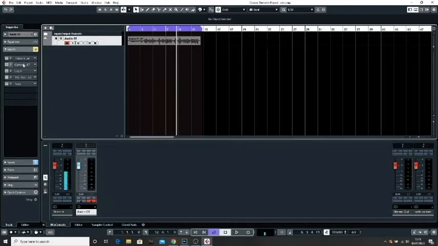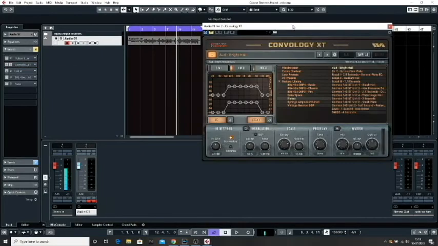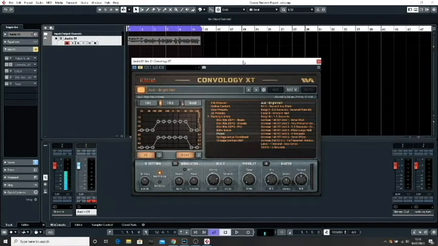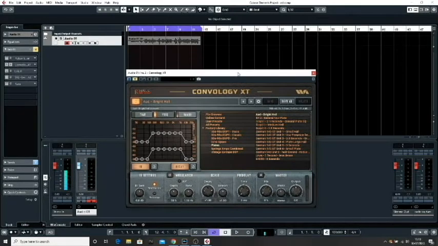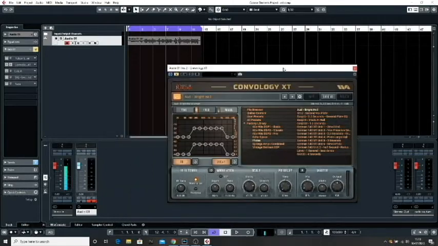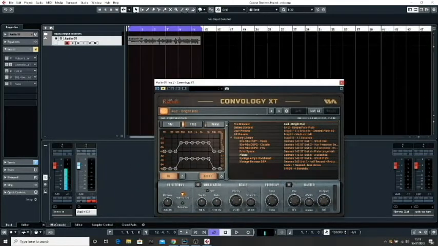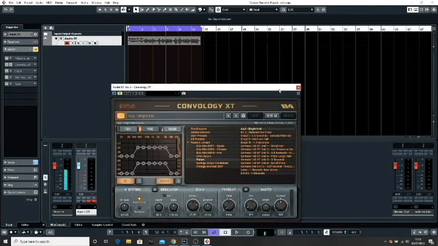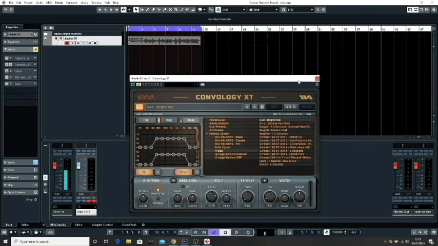I like that one. This next one is actually a reverb. This is probably the one that everyone likes to hear, because reverbs can actually make a big difference. A lot of compressors, especially the free compressors and EQs, do very similar things. They just have slight tonal differences. But with reverbs, there's a big difference between different free ones. This one is the Convolugy XT. This is a free convolution reverb. Convolution is basically based on real spaces